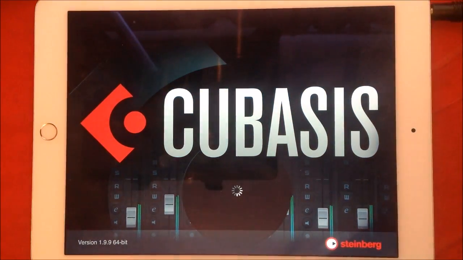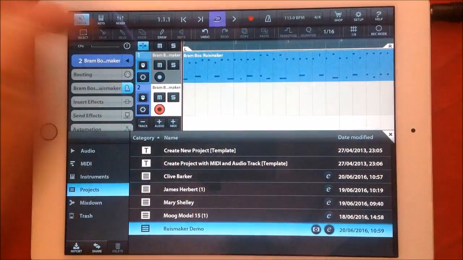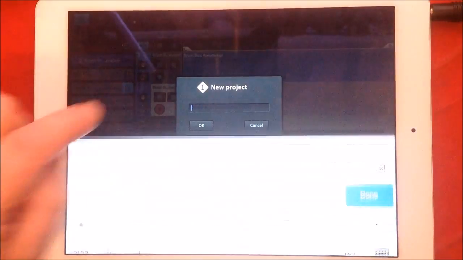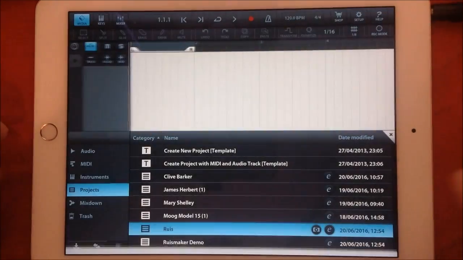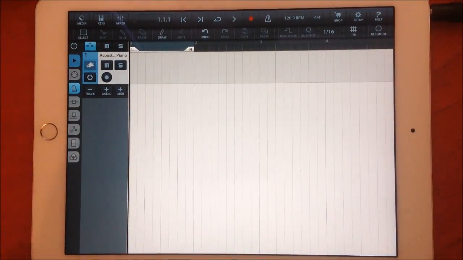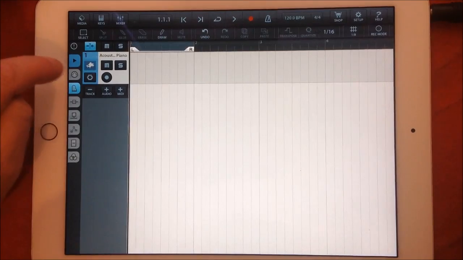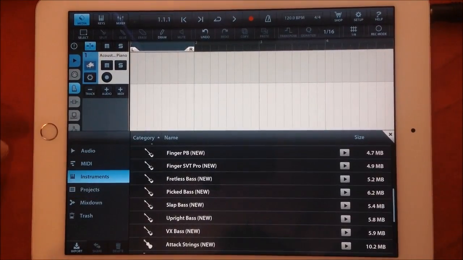just to show you what to do in this. So in Cubasis, so I'll do this. Okay, so there's a Ruismaker demo. Now that it's already open there, so what we shall do, I think, is create new project, and we'll just call it Ruis. Done. And what we need to do is get a MIDI track here. We'll go to Media, go to Instruments,